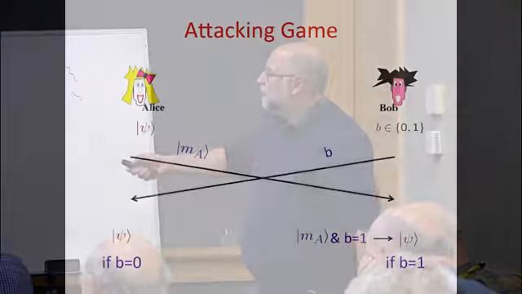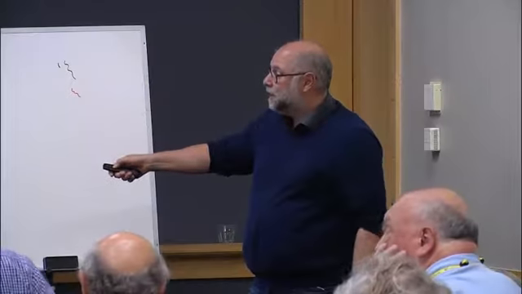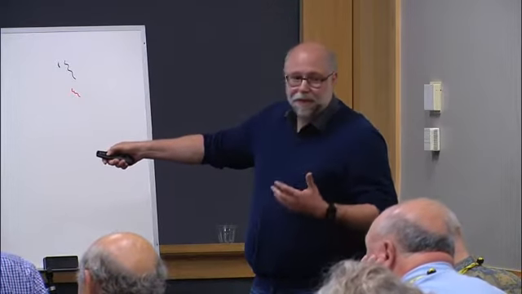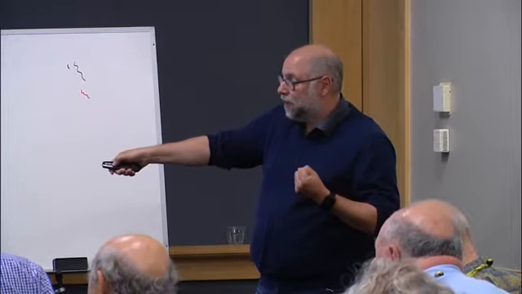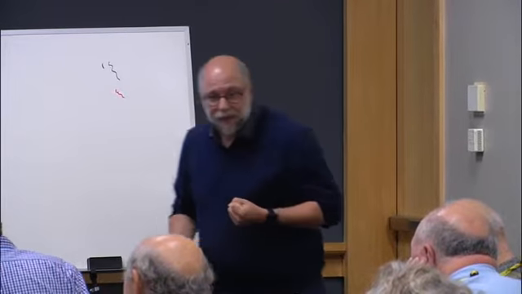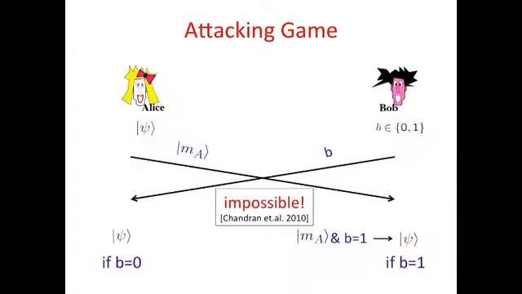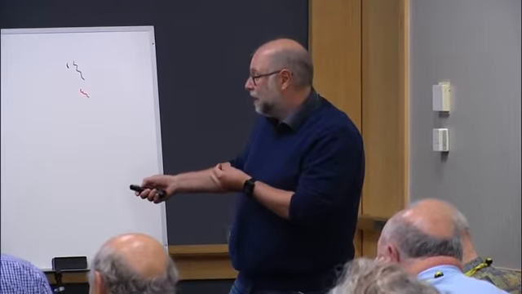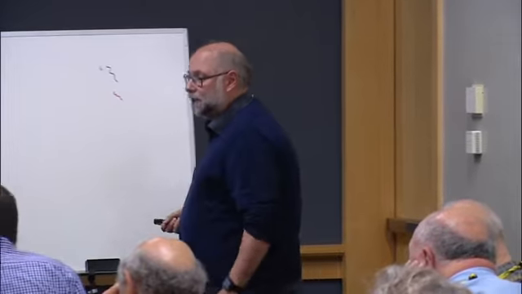On the other hand, if the bit is 0, then Alice has to be able to, knowing that this bit is 0, produce psi as well from the stuff that she left at home. And if you look at this a little bit, you see that this is copying of information and that this is not possible. Because you can pretend that Alice got a 0 and let her produce psi, and you pretend that Bob had a 1 and let him produce psi at this point in time. And indeed, this was a proof that this was impossible, and so it seems that we have a quantum protocol that is secure.